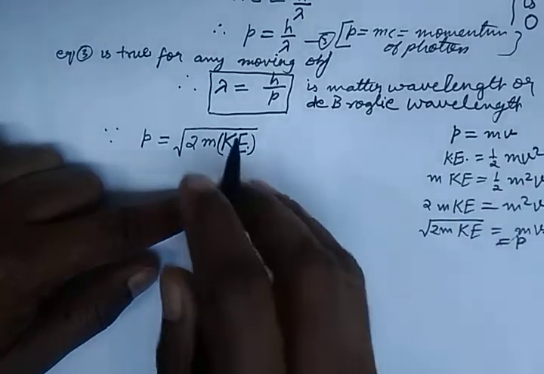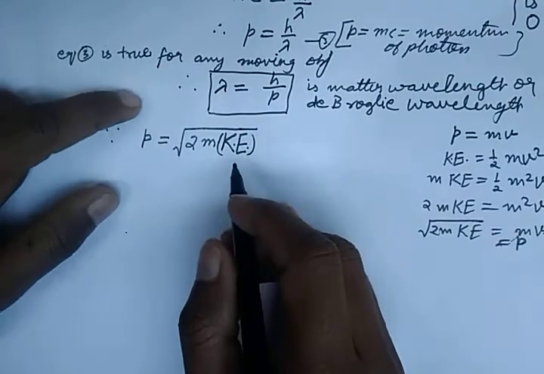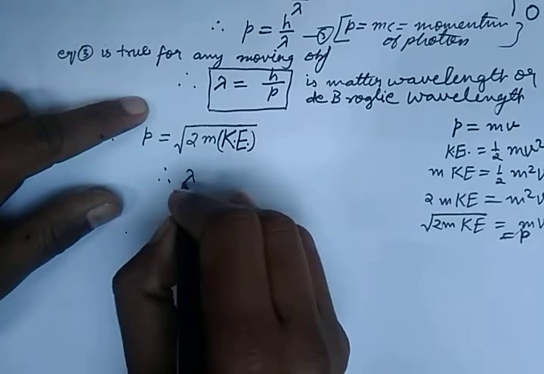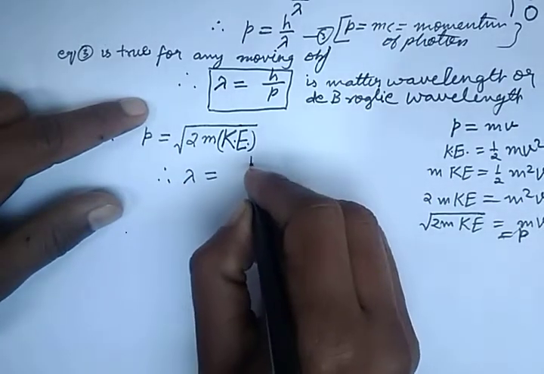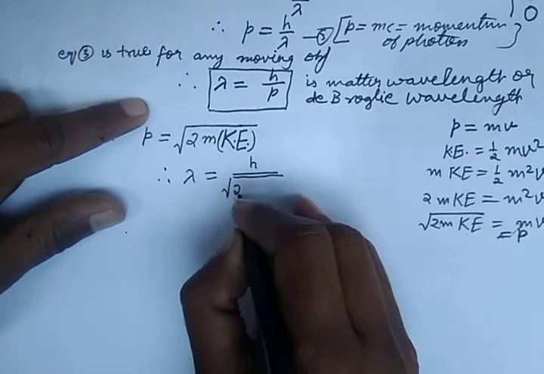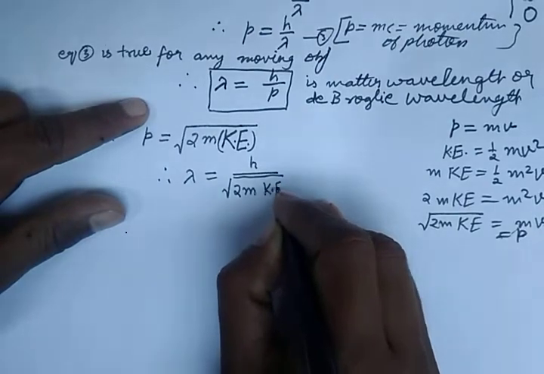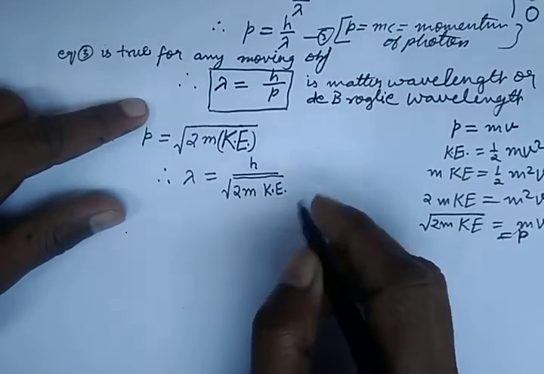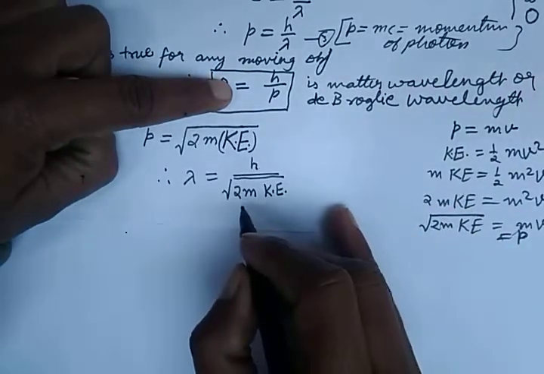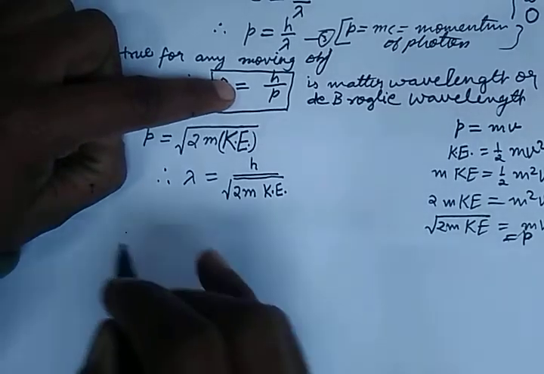So p equal to root 2m KE. Now we'll put it here. So in terms of kinetic energy, because most of the time we are able to find kinetic energy, or kinetic energy is known, then this can also be written as root 2m KE. And now, all right,